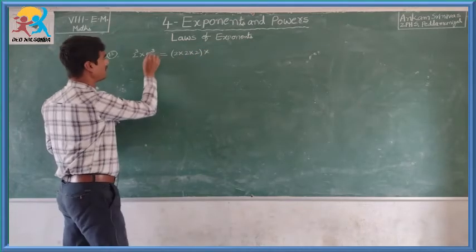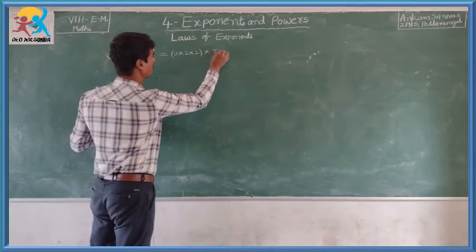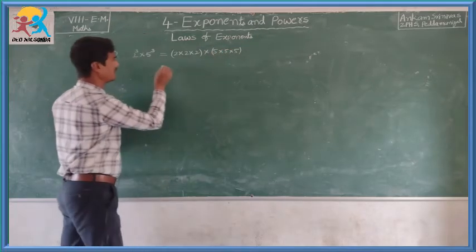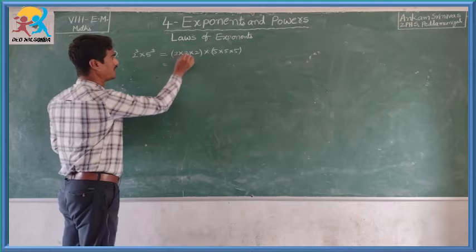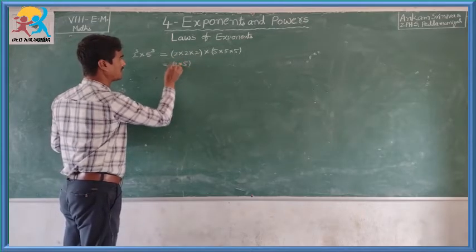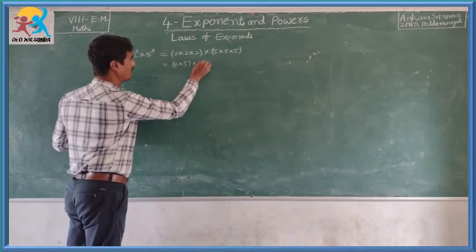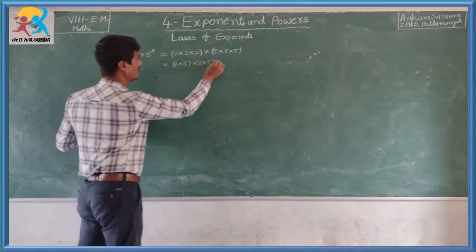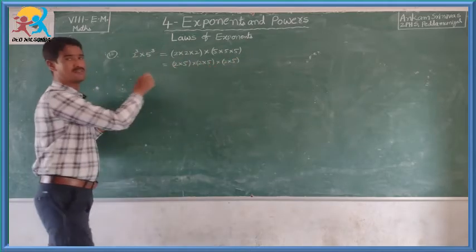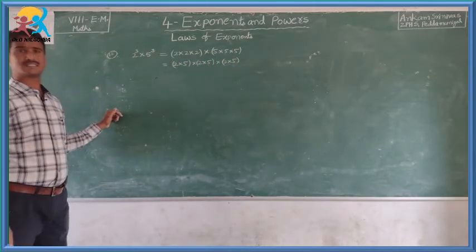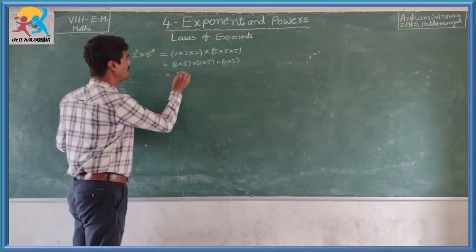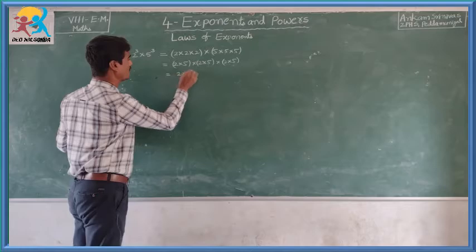The expanded form of 5 power 3 is 5 into 5 into 5. Then here I am going to write 2 into 5 as a pair, into 2 into 5, into 2 into 5. Is it possible to write, children? Yes, it is possible. So here 2 into 5 whole power